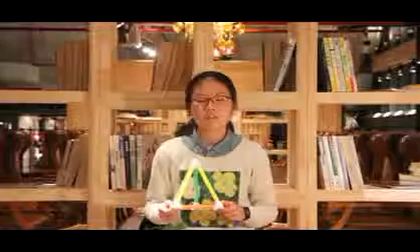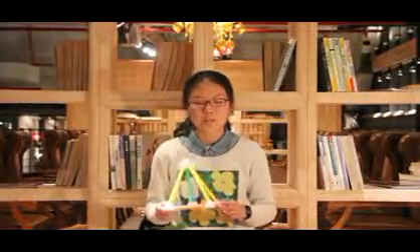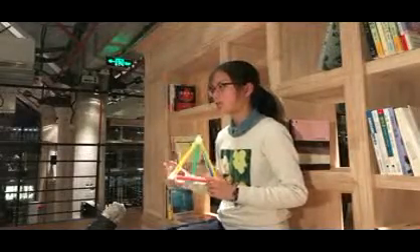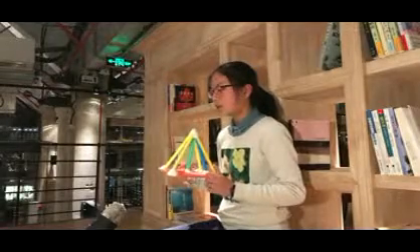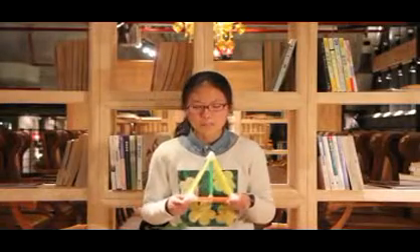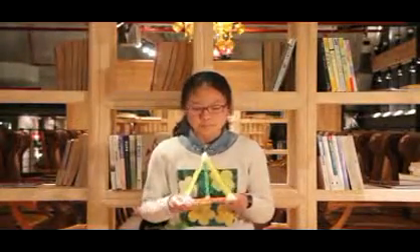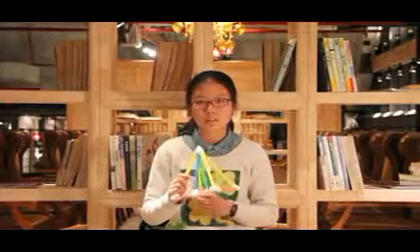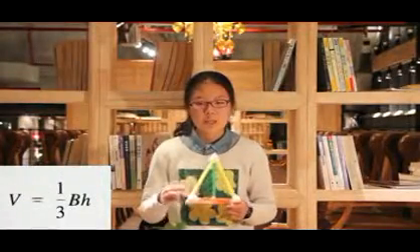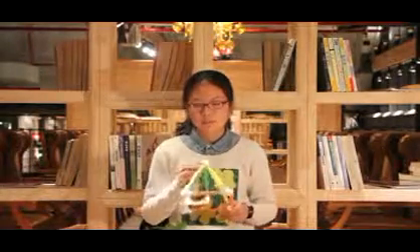And we can use Euler equation become 5 plus 5 equal 8 plus 2, and the lateral area is 1 divided by 2 times base times h times 4, and the surface area is lateral area plus base area, and the volume of this solid is 1 divided by 3 times the base times h, and the third solid is